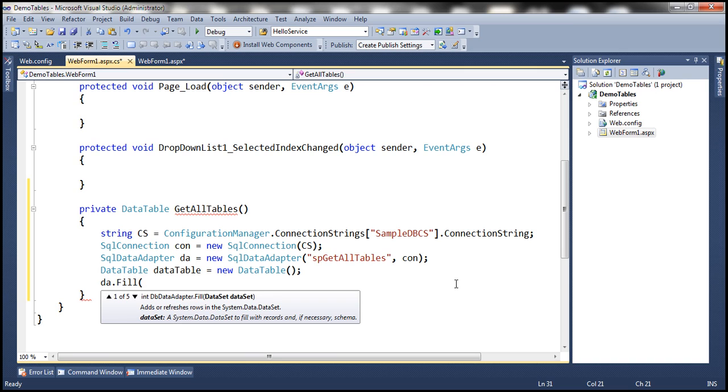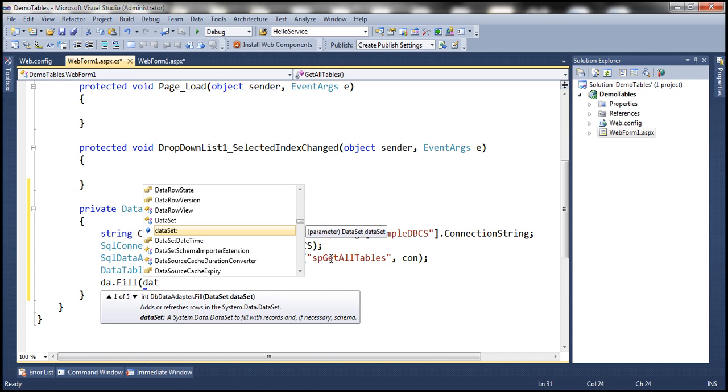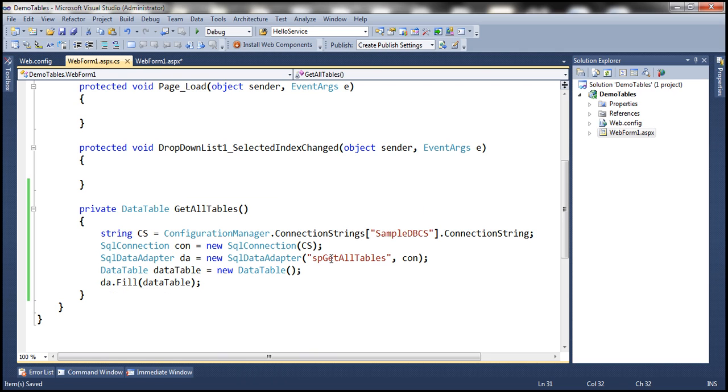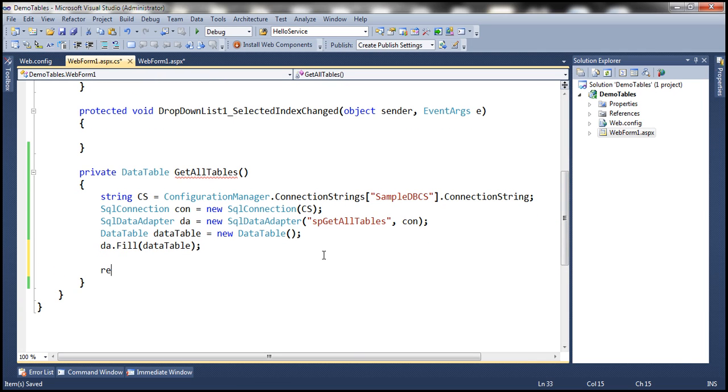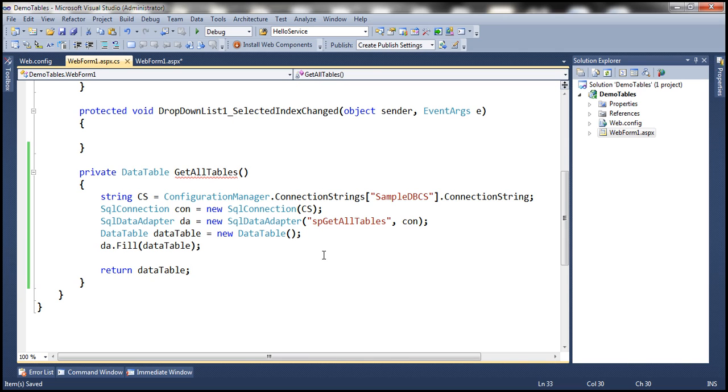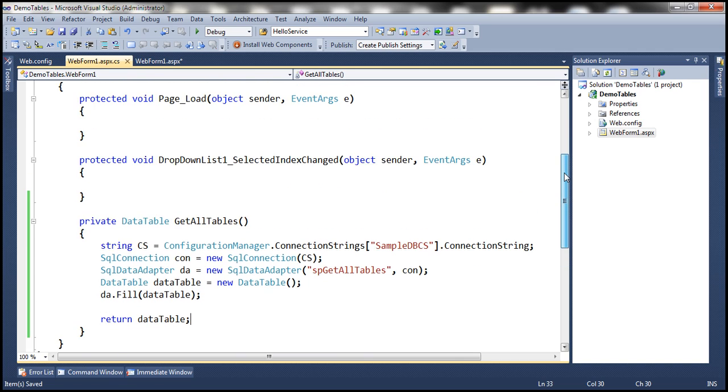and then let's invoke the fill method of the data adapter, which is going to automatically open the connection, execute the stored procedure, retrieve data, and populate this data table with the data that it has retrieved. So pass in data table. And finally what we want to do is return that data table. So return data table. Okay, so this private function is going to retrieve the list of all available table names